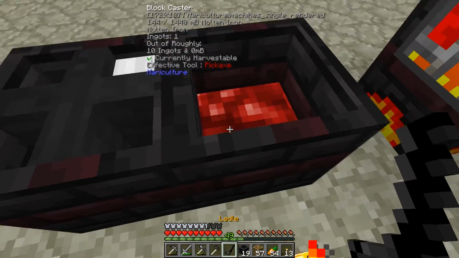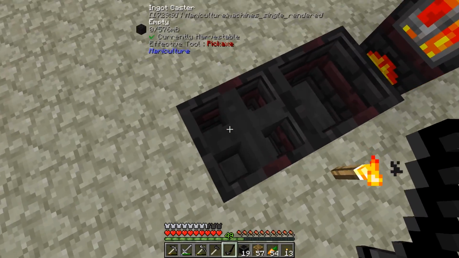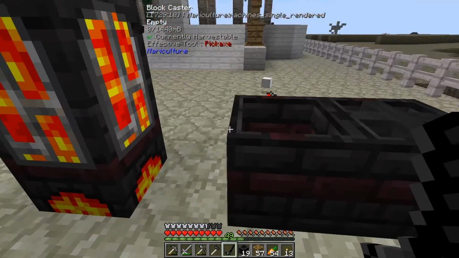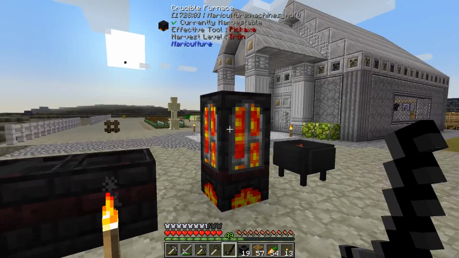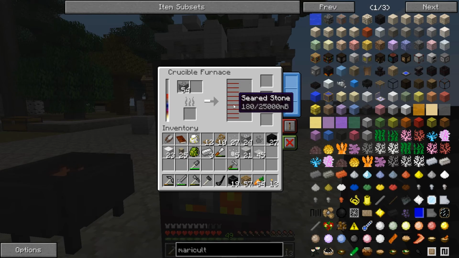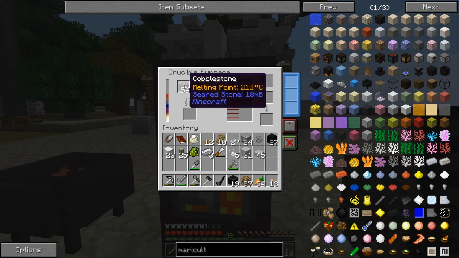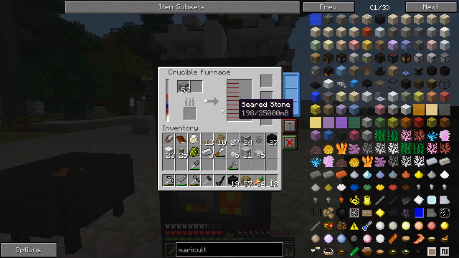Alright, let's ladle this out and put it in here. And there we go. Get the last bit of that out. Got so much iron now. Holy cow. Sure, I'm going to use it all, though. The thing is, as I scratch my nose, this gives you 18 millibuckets per cobblestone it melts. Luckily, it has a really low melting point, so this will probably be enough to melt all of it and more, but